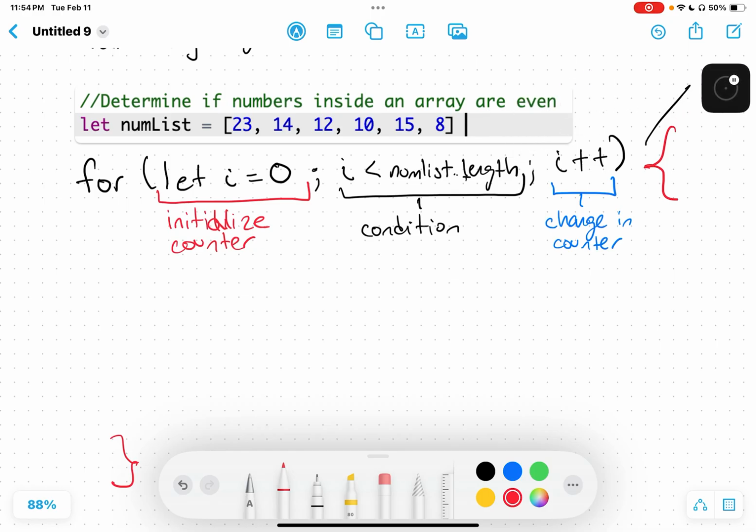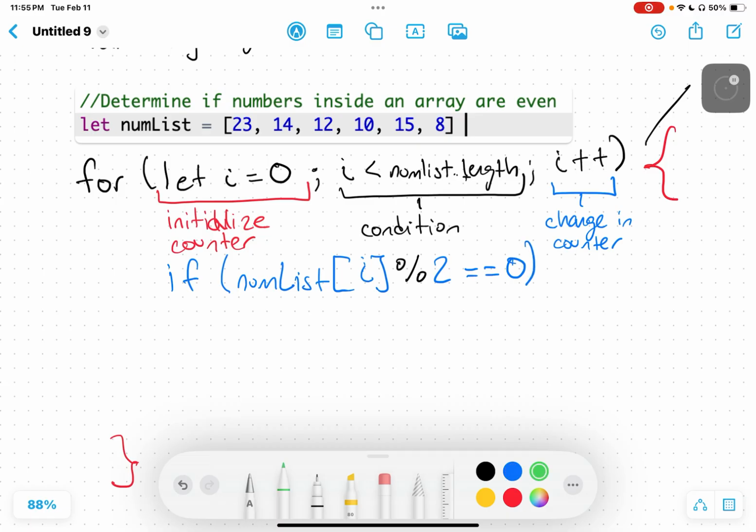How do we do that? We tell it, hey, check if numList position i, modulus 2, is equal to 0. If it's true that it is equal to 0, what do you want to do? Well, we want to print